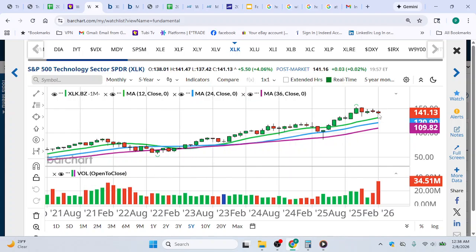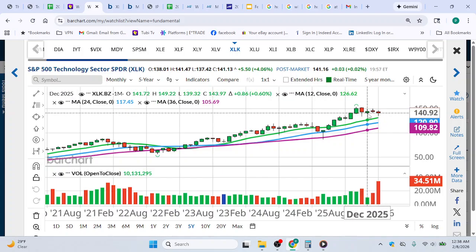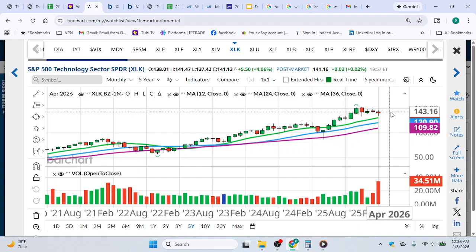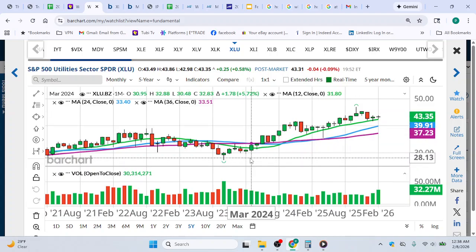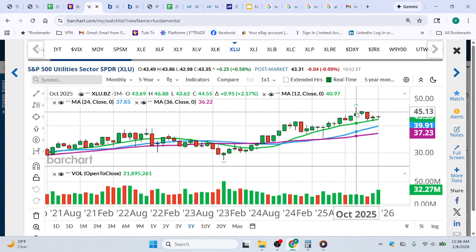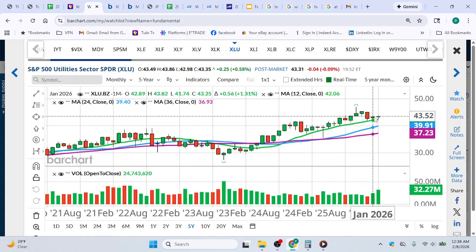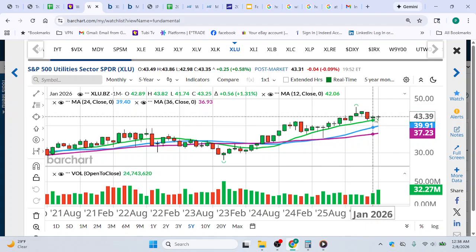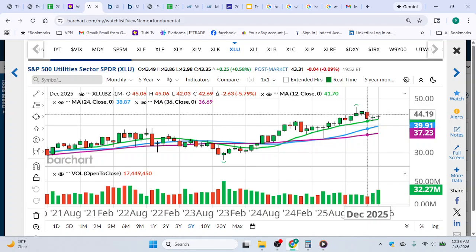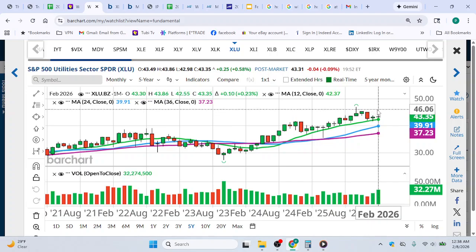Also, we've got here S&P Technology. XLK, this chart is going to look very similar to the NASDAQ, very closely related to those stocks. Again, still kind of finding its way here, still above all the moving averages. Not a panic yet, but potential for a sell-off is there. So that's just a watch. XLU, the utility sector, had a very nice last couple years. New high in October, but since that time has not made new highs, but still trading above the moving average. I would consider this bar not a warning bar, but just kind of a caution, this candle. If prices continue to move back up, they could ignore that selling. So that's a watch on utilities.